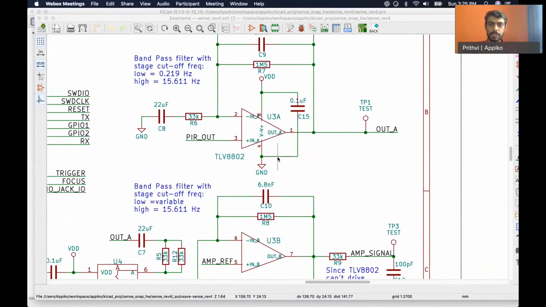The main consideration was it should be low power. That was a key point that we were searching for, because it's an always on sensor and it needs to be working continuously. So it needed to be very low power.